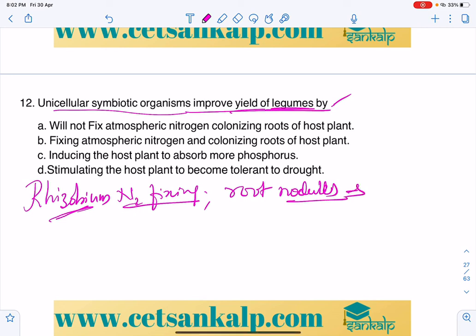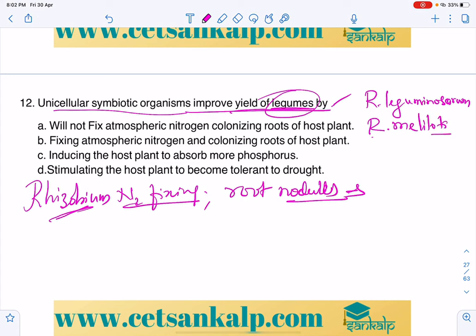In higher plants, that is in leguminous plants. Leguminous plants mainly include Rhizobium leguminosarum, along with legume plants like the pea plant. Other examples of Rhizobium generally include meliloti. So other examples are also there, just leguminosarum, which mainly helps in